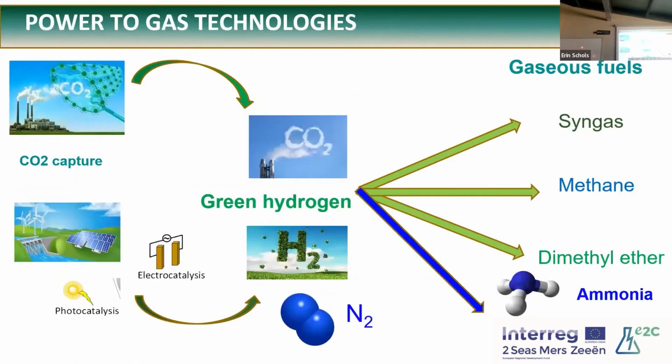Okay. So this project is a part of, say, power to gas technology. The idea is to use carbon dioxide and sustainable hydrogen to create sustainable fuel. The green hydrogen, as was explained in the introduction, is produced by electrolyzers, and we have captured CO2, and then we convert it. Our gas technology converts